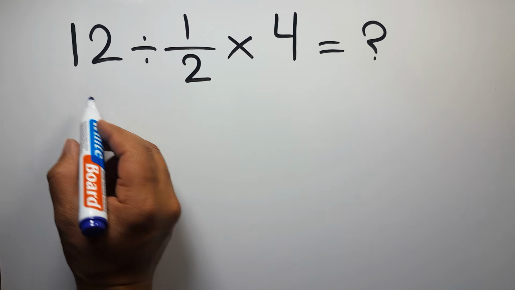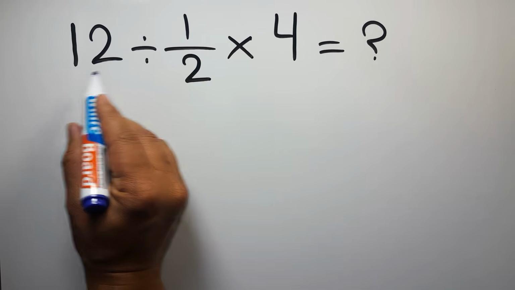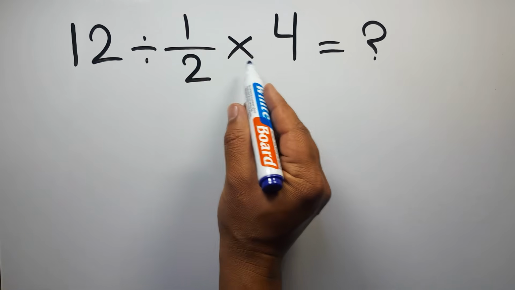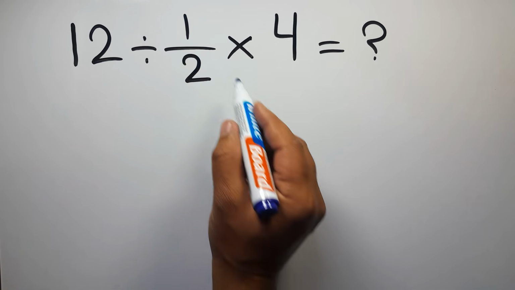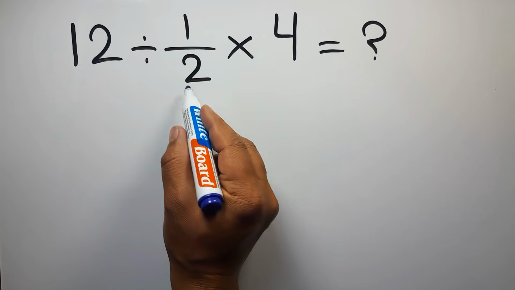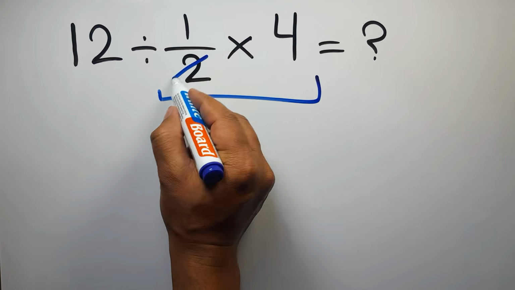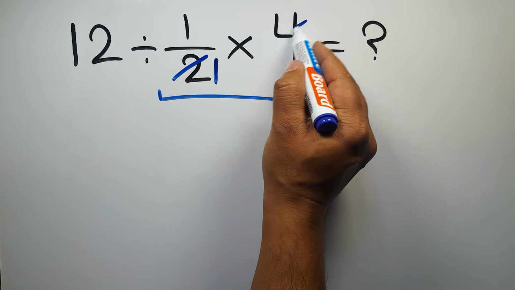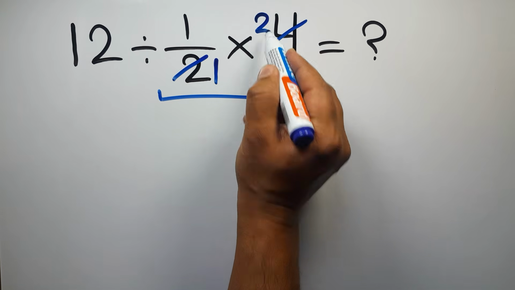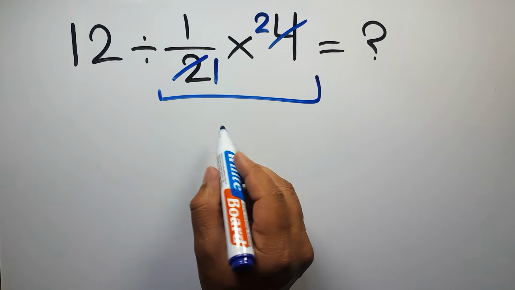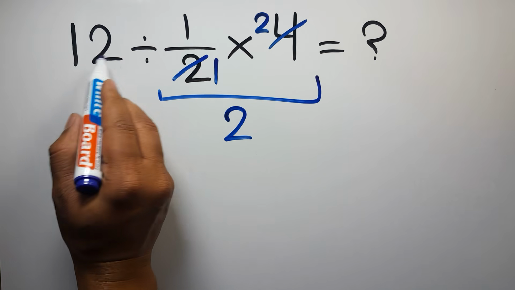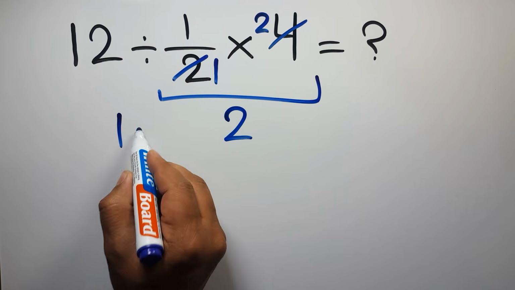In this video we want to find the value of this expression: 12 divided by 1 over 2, then times 4. First we do this multiplication, 1 over 2 times 4. 2 divided by 2 gives us 1 and the 4 divided by 2 gives us 2. So here we have just 2. And the 12 divided by 2